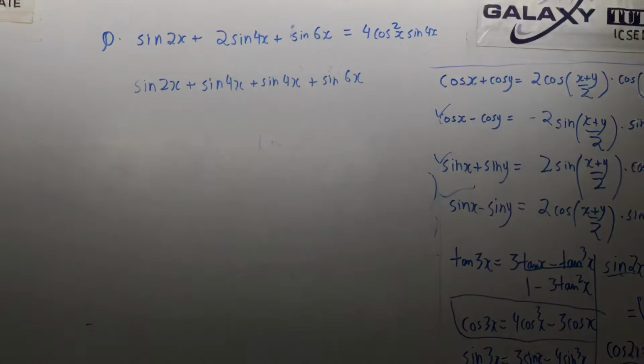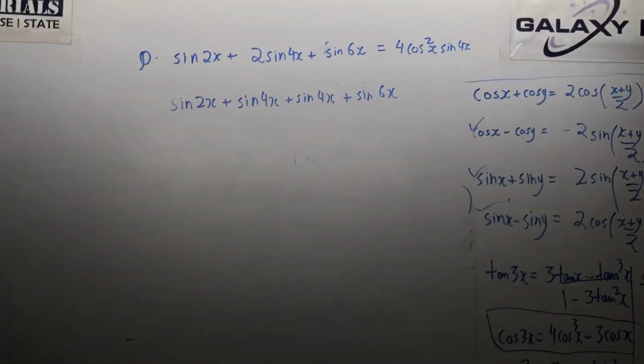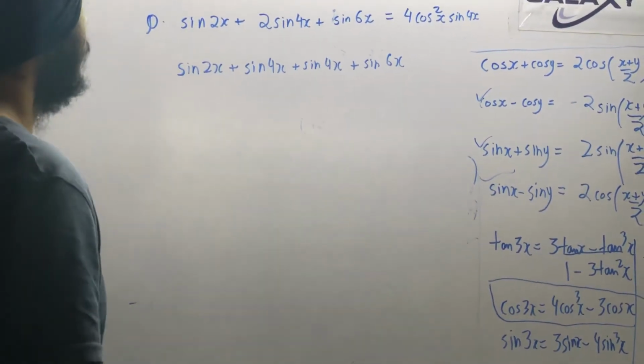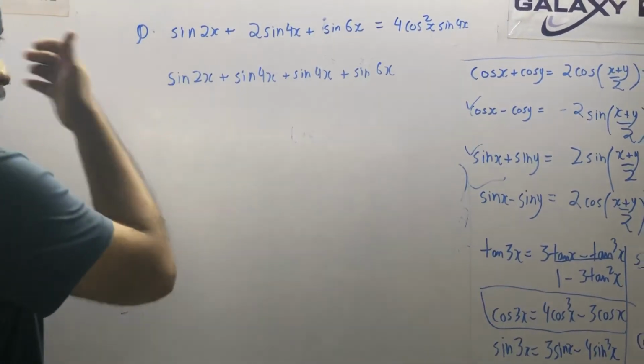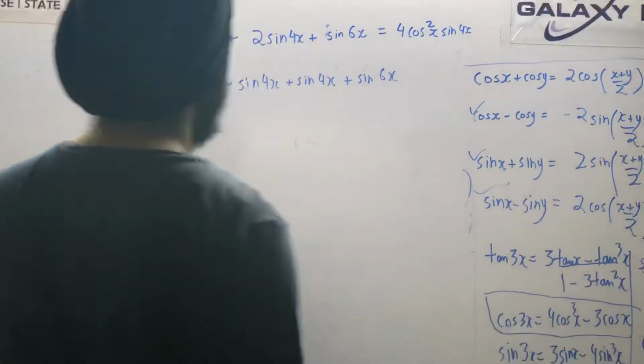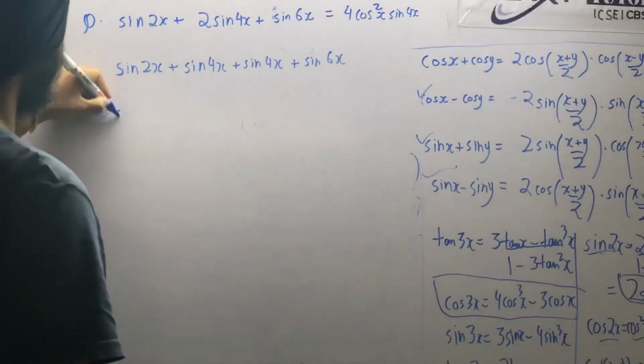Okay, you can write like this. Now the next thing that you can do here is just see carefully: sin c plus sin d. Okay, so sin c plus sin d, just put in the formula, 2 sin